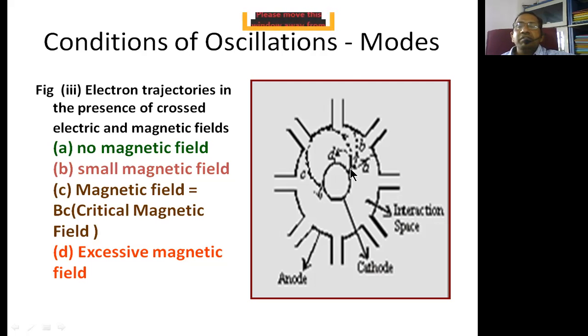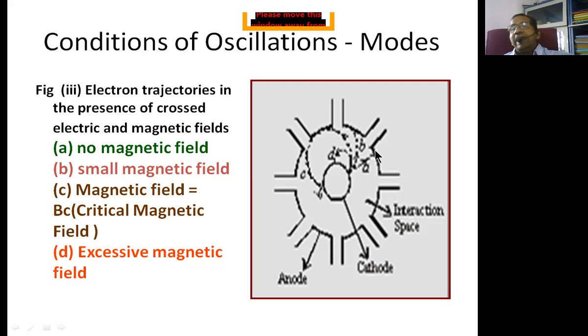When there is no magnetic field, the electrons flow radially in a straight line path like this, touching the anode radially. When they are going in a straight line path, there is no change in the direction of the electrons. Since there is no change in direction, there is no EM field to generate. DC has been supplied, and DC is acquired from the anode.